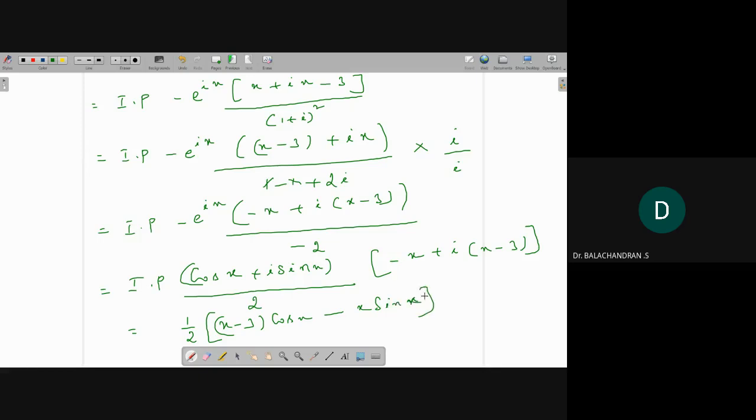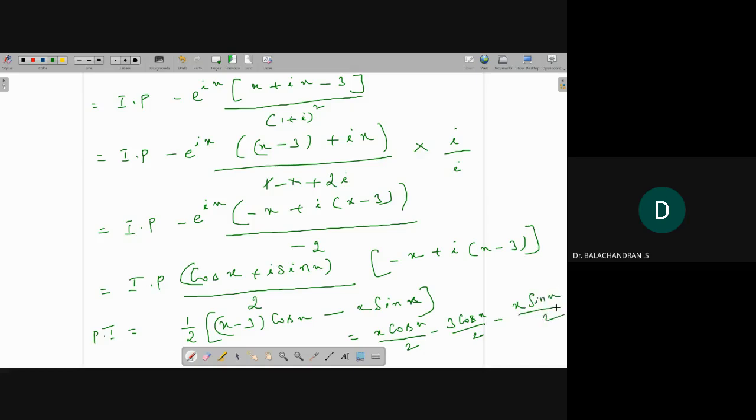So this is the imaginary part. If you want to simplify, you can simplify further, but up to this is enough. But if you want to get the book answer, I will simplify like this: x into cos x by 2 minus 3 cos x by 2 minus x sin x